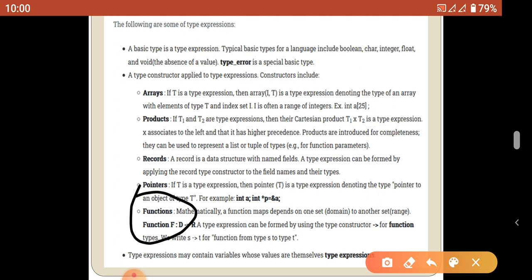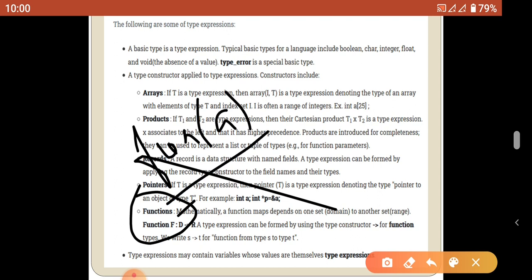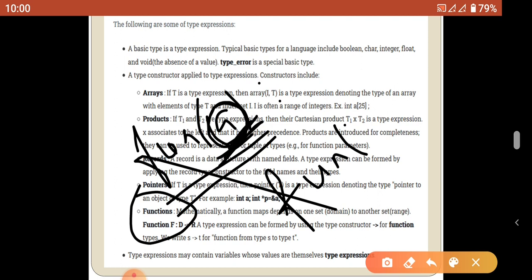Function means, suppose fun(a). Consider this is a function call. When we are going to call a function with the argument a, the argument has a data type. When the function receives the argument, suppose a is an integer, then in the function definition it is int b.